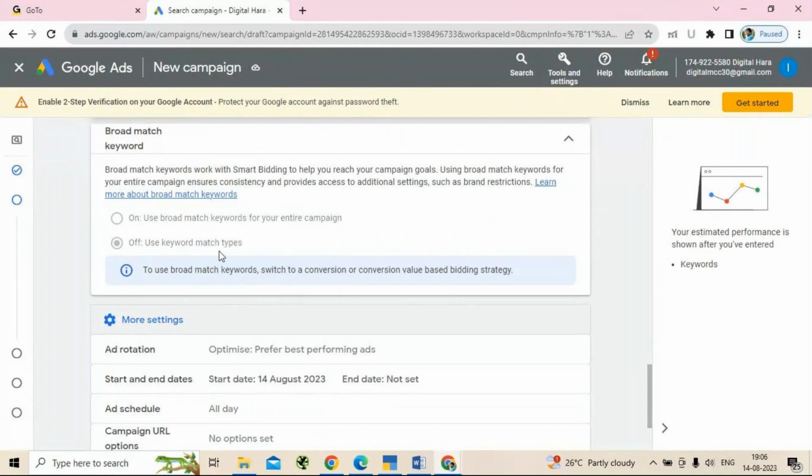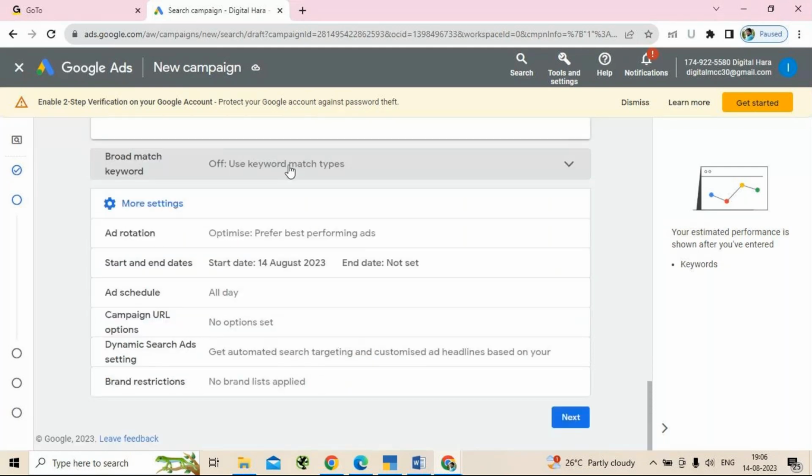This option is only giving a suggestion that broad match keywords work with smart bidding to help your campaign goals. This is a different part, it is just information, so let us keep it aside. Then we have an option called more settings. After clicking on more settings, you are going to see